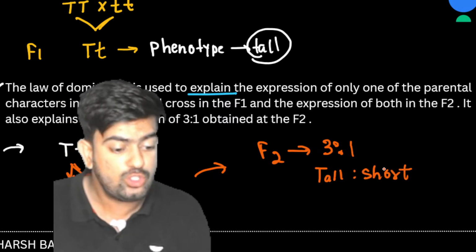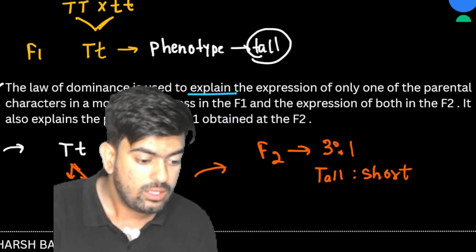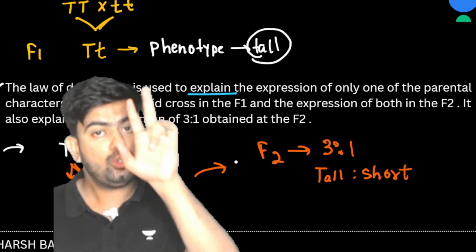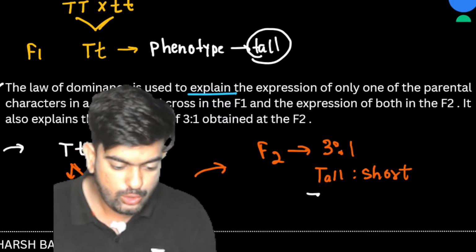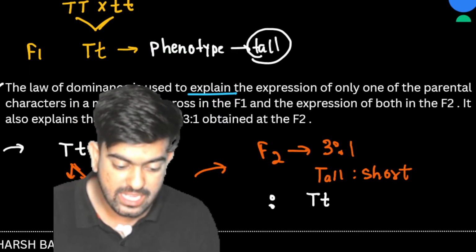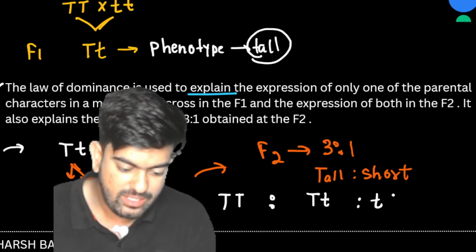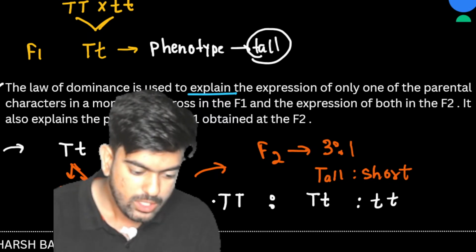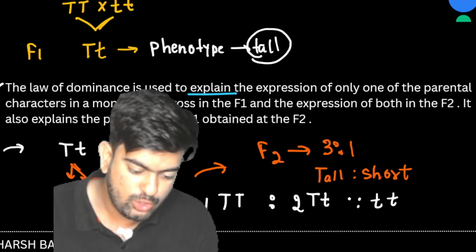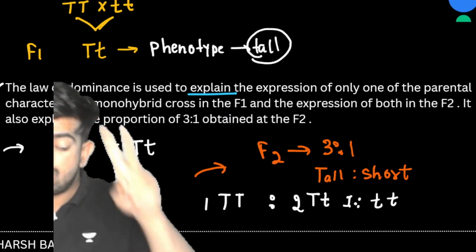But when we saw the genotype of this, two plants were having capital T and small t. One plant was having capital T, and one plant was having small t, right here. So this was the ratio which we have got, which was 1:2:1. So among here, these two plants